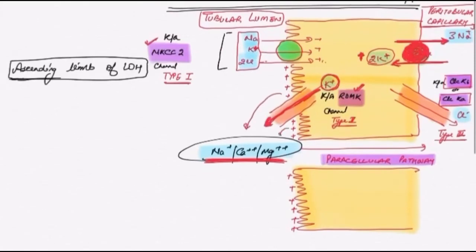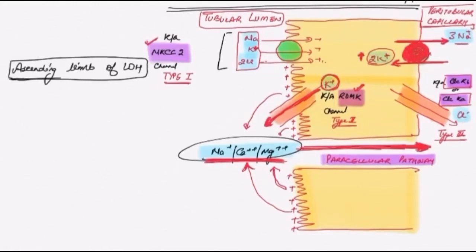There is a repelling force from both sides, because this is the lower cell and this is the upper cell, both from the ascending limb, and so these cations will be absorbed into the peritubular capillaries over here, from the lumen into the circulation. And this is what the normal physiology is like. So what happens when this NKCC channel is not working? Sodium, potassium and 2 chlorides are not going inside.